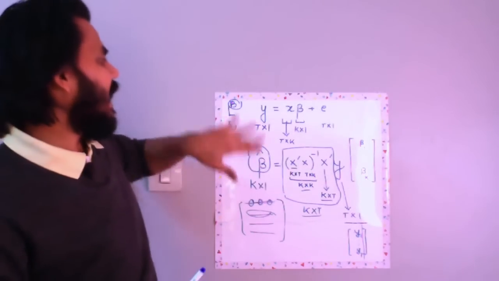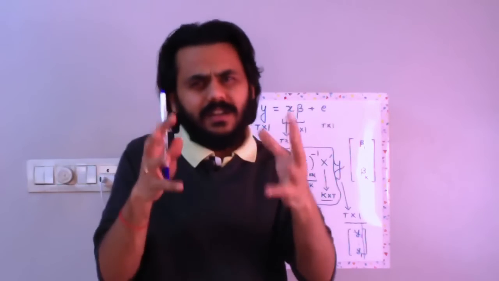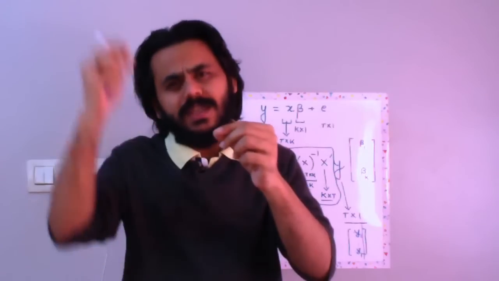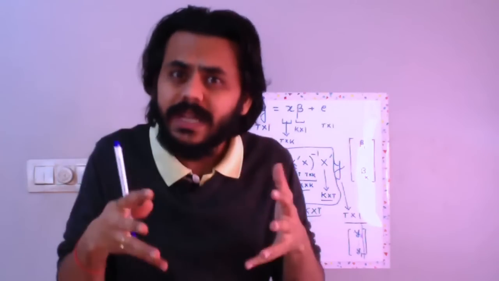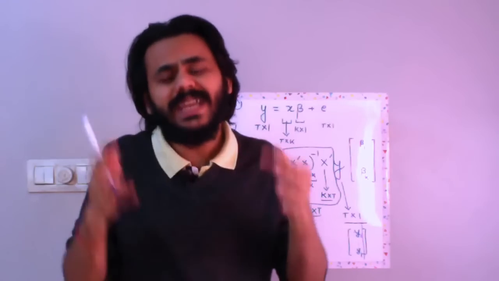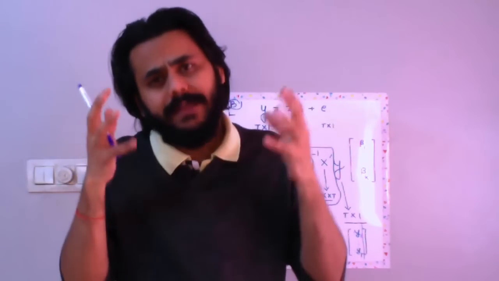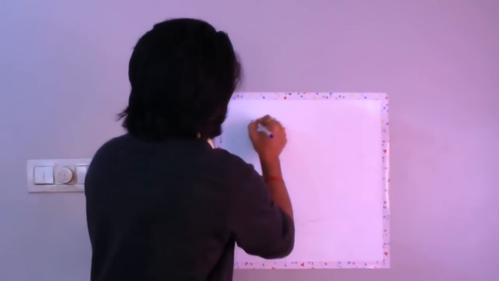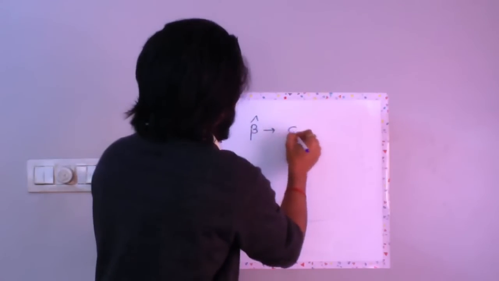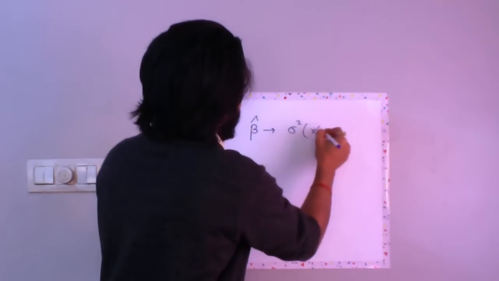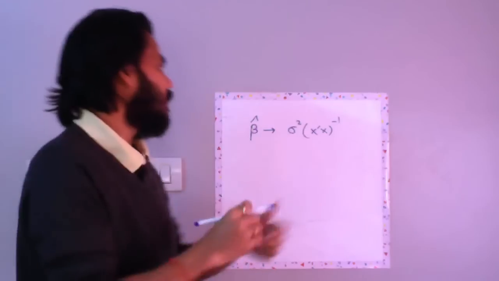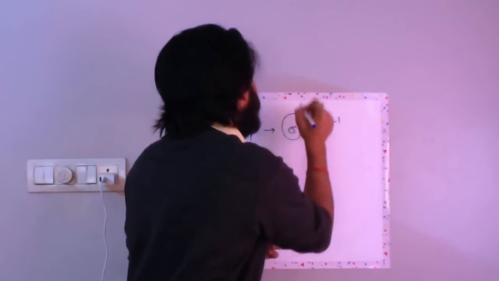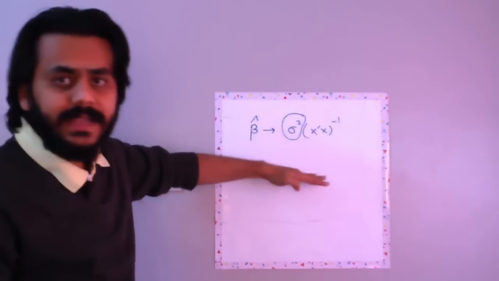Now let's try to understand a bit more about the variance of beta hat. We know that the variance of beta hat is given by sigma square times x transpose x inverse, but we don't know sigma square. Sigma square is also something we need to estimate. So how do we estimate the variance of beta hat? That's our next challenge. All I'm saying is that beta hat has a variance of sigma square x transpose x inverse, but I do not know the value of sigma square. This is something which we need to estimate. So how will we find this? That is our next piece of discussion.